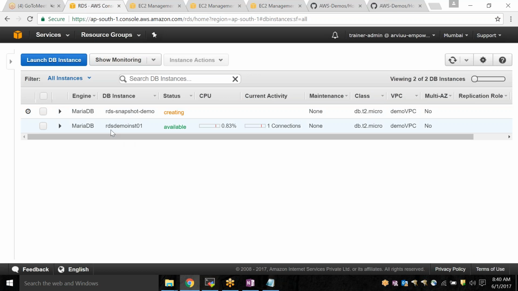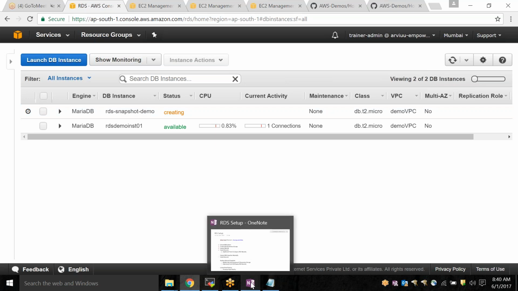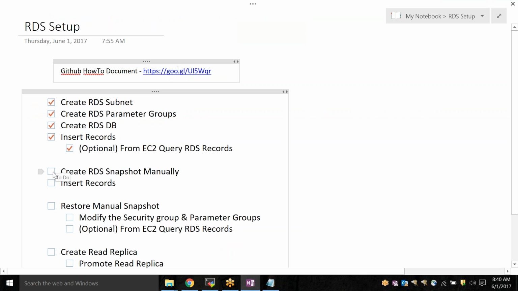So I should see 2 databases now. You can see here the first one, RDS demo instance 01, RDS snapshot demo here. And it is going to take some time for getting created. Meanwhile, let's go to our to-do list and see what else is pending here. So we created a snapshot and then we inserted records into our snapshot, and we have started restoring our snapshot manually, and we will see how to modify a security group for a snapshot